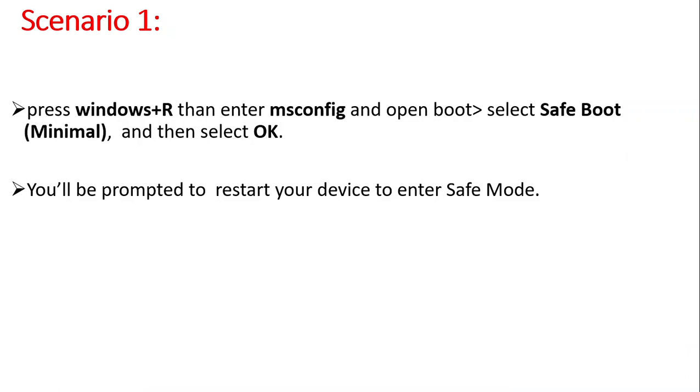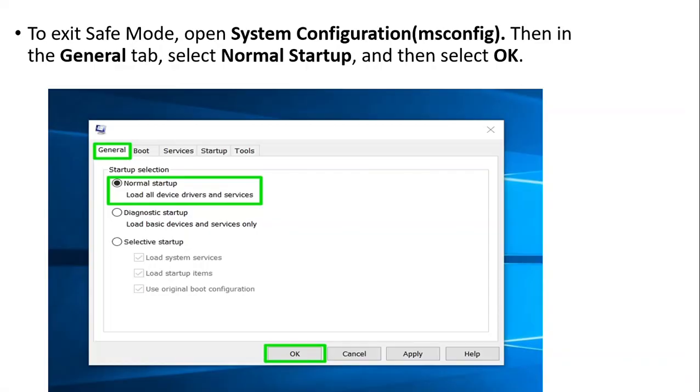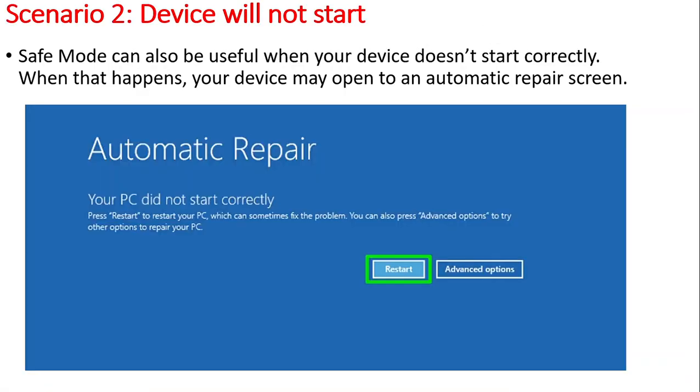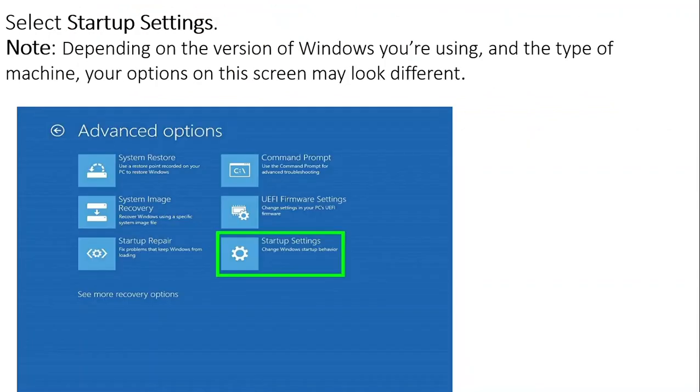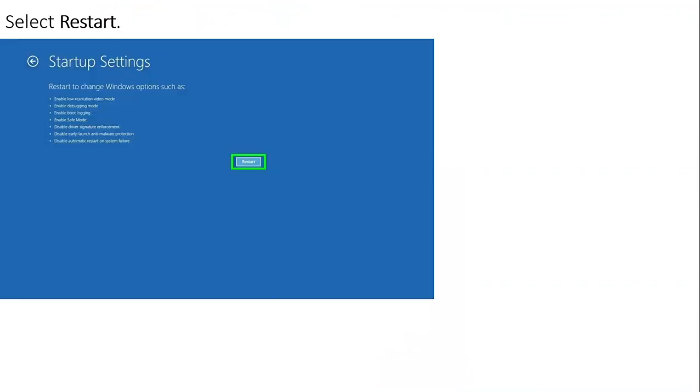The scenario one, by pressing Windows R and entering msconfig, you can enter into the safe mode. And the scenario two, whenever your device doesn't start correctly, this window will pop up on the screen. You need to click on the advanced options, then startup settings, and then restart.